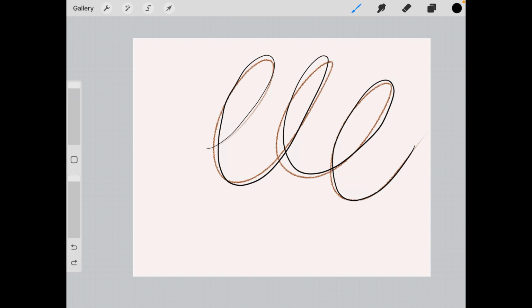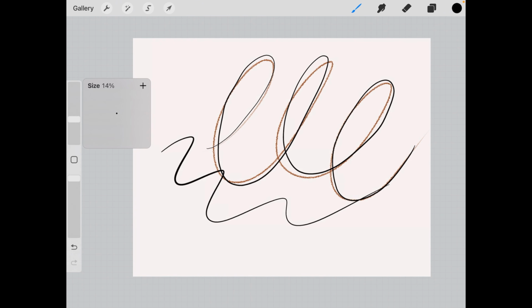Okay, so now let's say that your brush size is 40% and you want to reduce the size for just one stroke, but then you want to come back to the same size. So let's say I reduce the percentage, and now I've forgotten what the percentage of my previous size was.